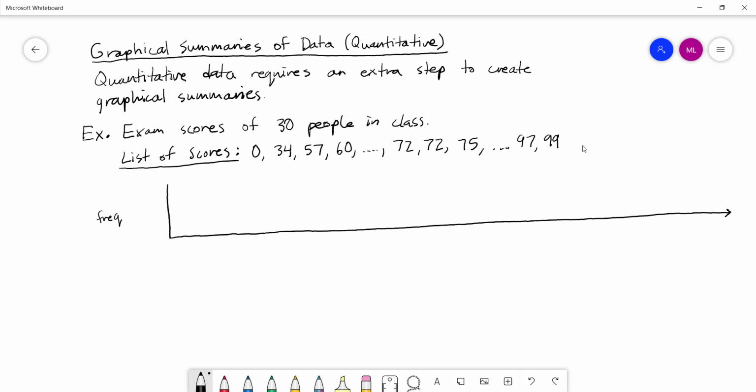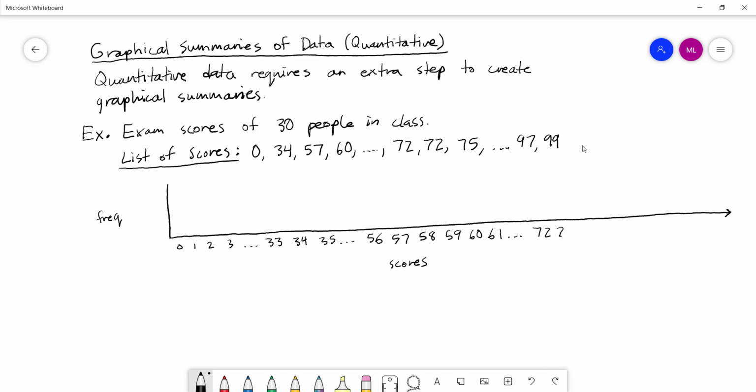So these would be the scores, right? The exam scores. And the low score would be a 0, then maybe a 1, and a 2, and a 3, and I'll do some dot dot dots here. We'll get into the 30s, so there's a 33, 34, 35. I've got to list every possible exam score. Let's go back, up into the 50s, 56, 57, 58, 59, 60, 61, all the way into the 70s,